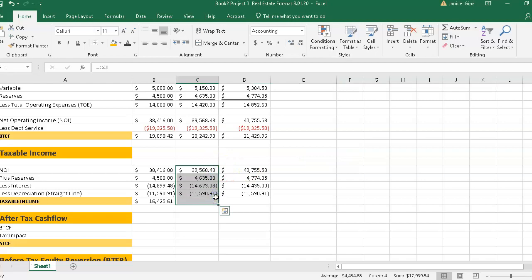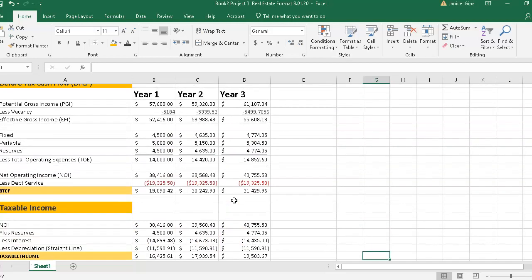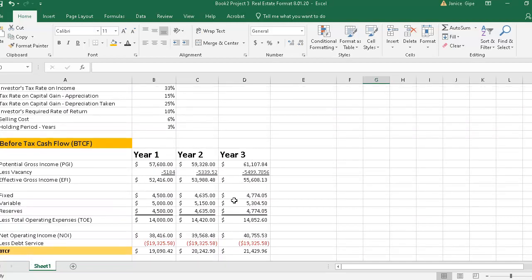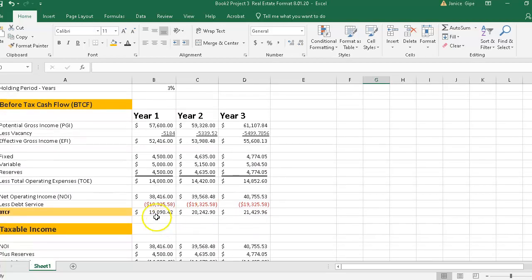And auto sum. And again, sum that. Okay. Now we're going to work on our after-tax cash flow. So we know our before-tax cash flow, which are these numbers right here,